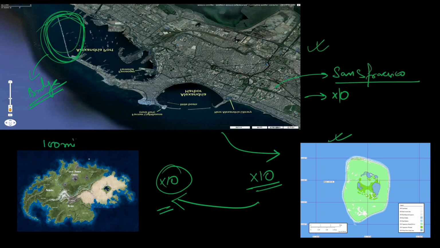Let's multiply it by 10 again. So this square is about 100 miles by 100 miles. So this one would be about 1,000 miles by 1,000 miles, and now you are including a big part of the western United States. You have California over here, you have Nevada here, you have Arizona and New Mexico. So a big chunk of a big continent we are already including.